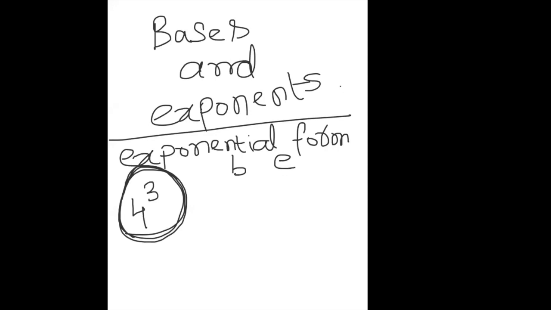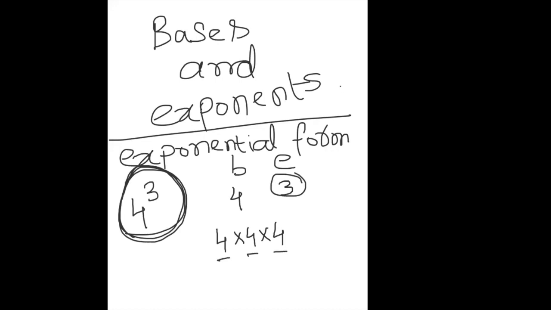Kalyan, can you help me find the value of this? Yes, sir. What is the first step? First, we have to write the base. Base is 4. Okay, I'm just writing the base as 4. Exponent is 3, so I will write that. And we have to multiply the base 3 times. 4 multiplied by 4. Anything else? Again, one more time. Why? Because the exponent is 3. So that's why we are writing 4 3 times.